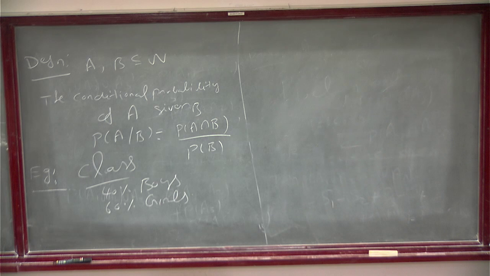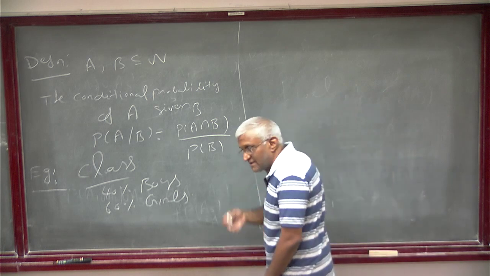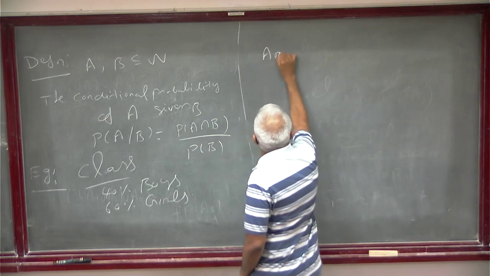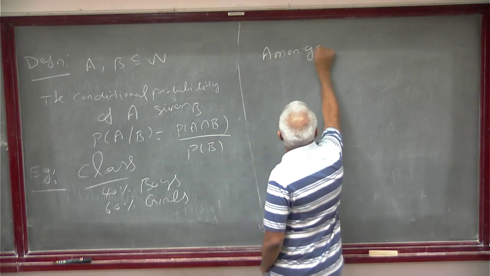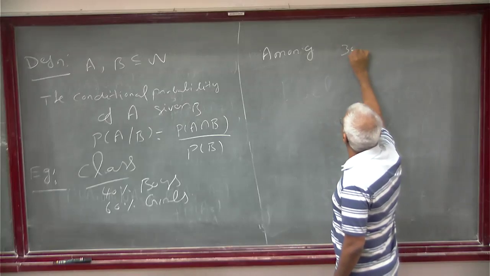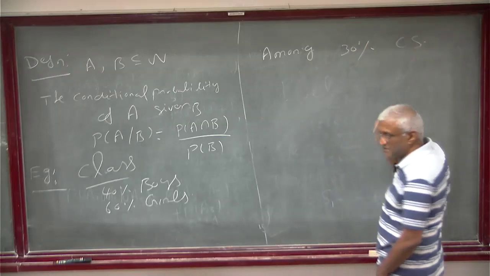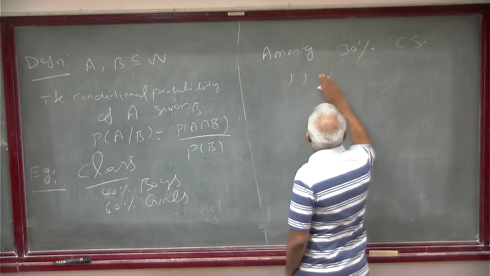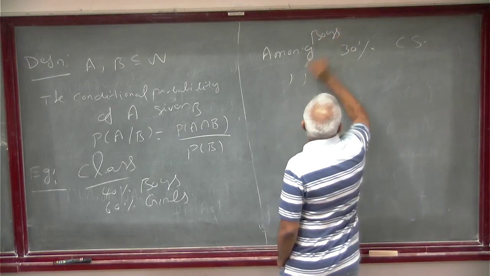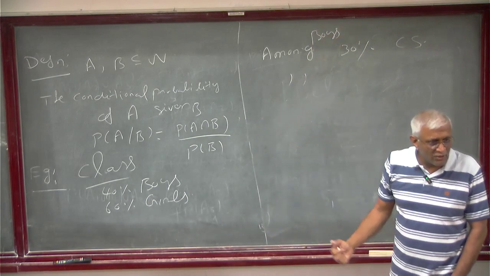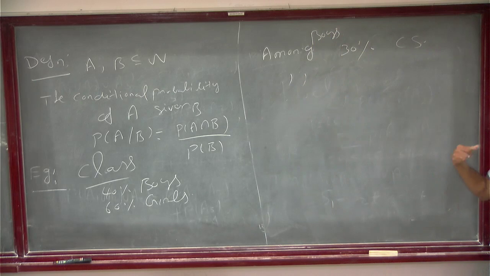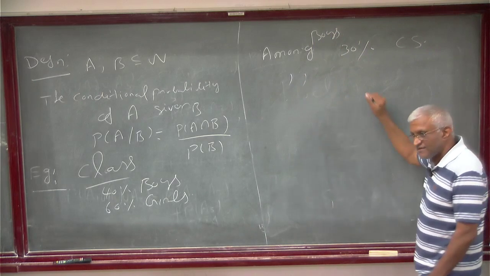Okay. So 40% boys, 60% girls. And let's have the example that among boys, some 30% are computer science. Okay, the others are physics. Huh? Which is also too much, no? 80% plus physics. Yeah, I'm always unrealistic. Okay, it's okay. Here there is no politics involved, but it's okay.